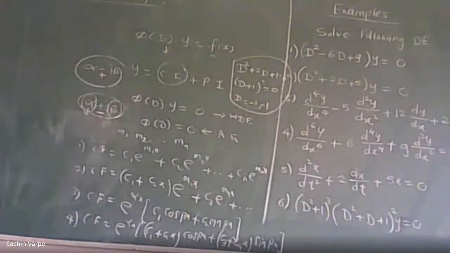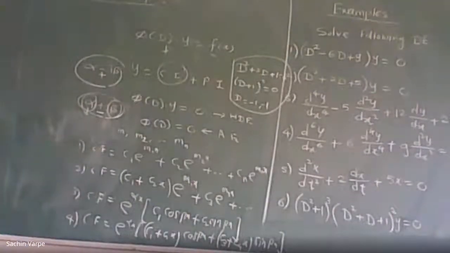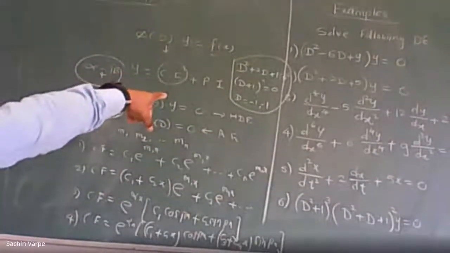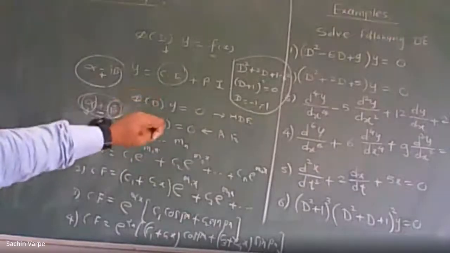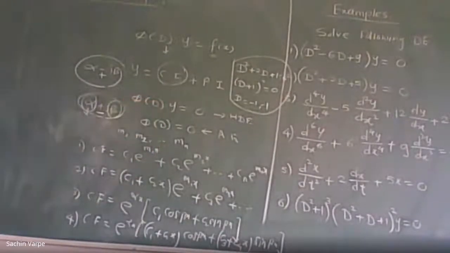Neha Palve. Yes, sir. So am I audible? Okay. So can you see that differential equation d square plus 2d plus 1? Yes, sir. So here we are getting two repeated roots, right? -1, -1. Those roots are real, as Kritika says. So can you apply the formula of complementary function to those roots? Yes. So tell me the complementary function. C1 plus C2x into e to power minus x.